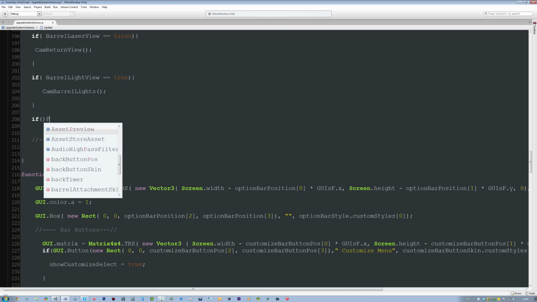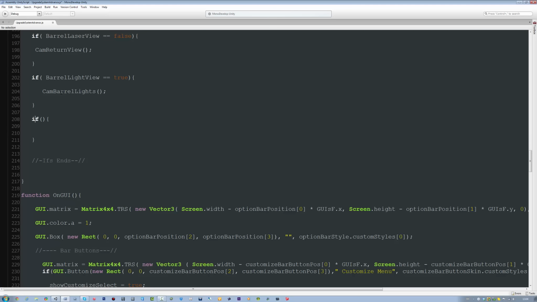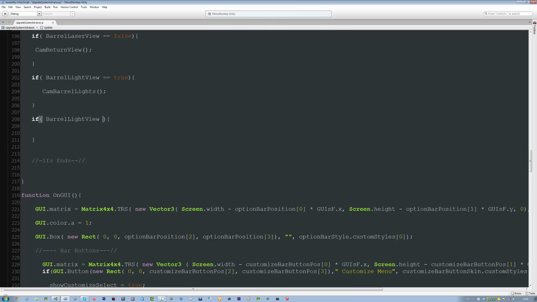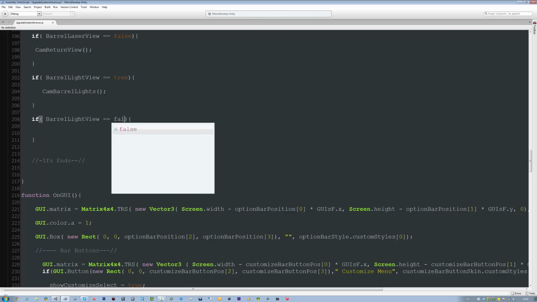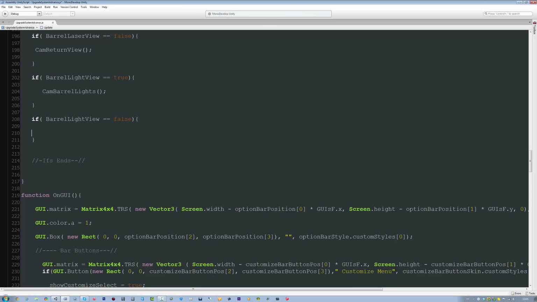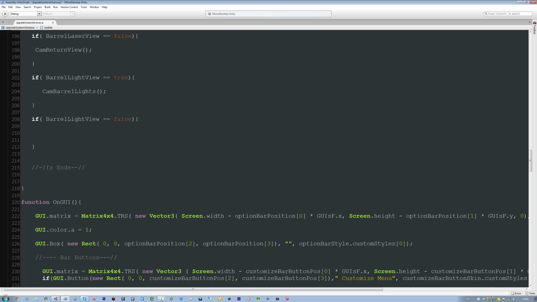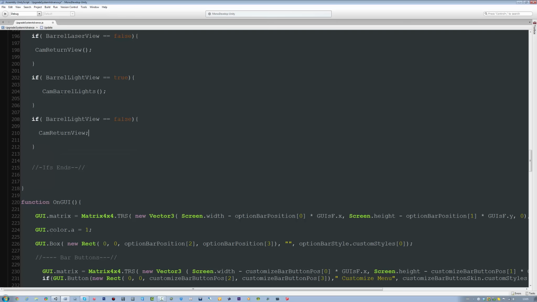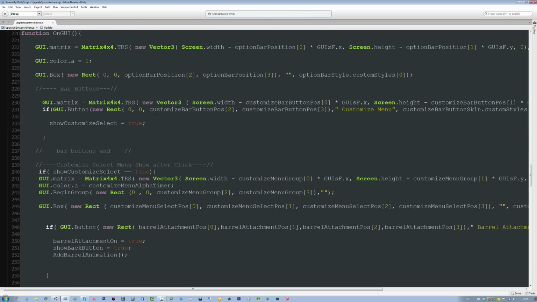Then I'm going to say if () {}, barrelLightView equals false. Then I'm going to return the camera back to its original view. camReturnView();